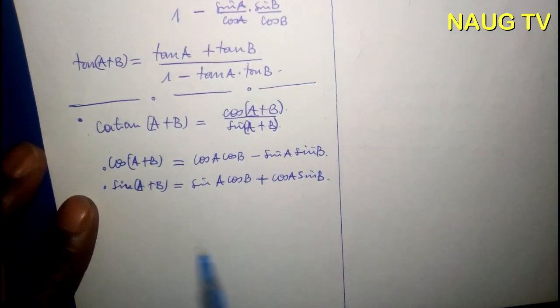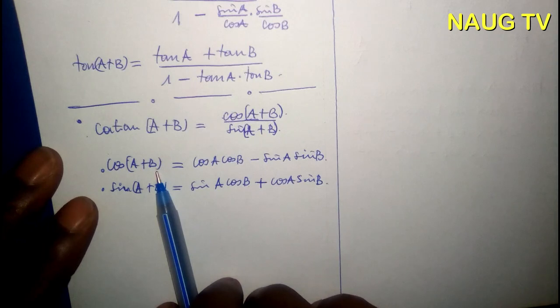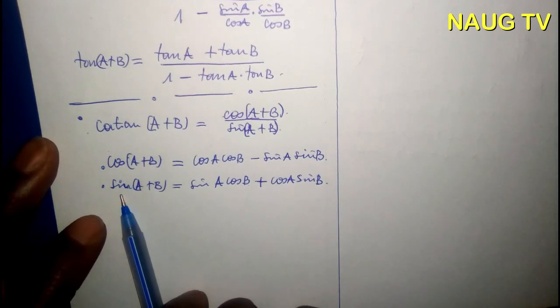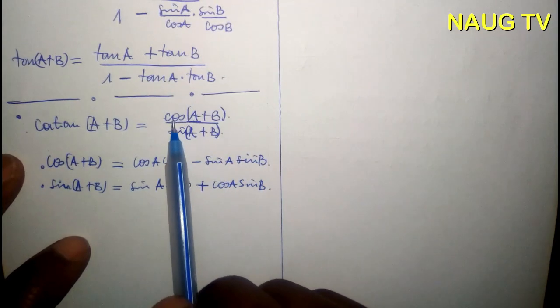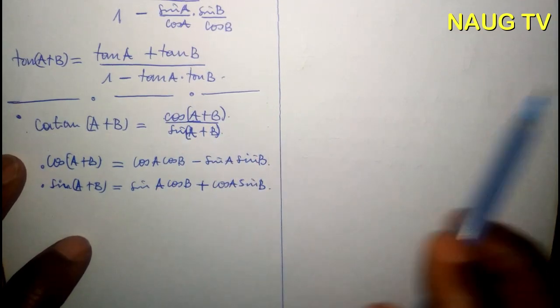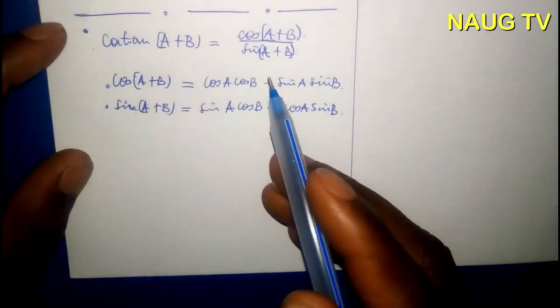So replace the value of cosine(A+B) and sine(A+B) in its position right here in this formula, so that you will get